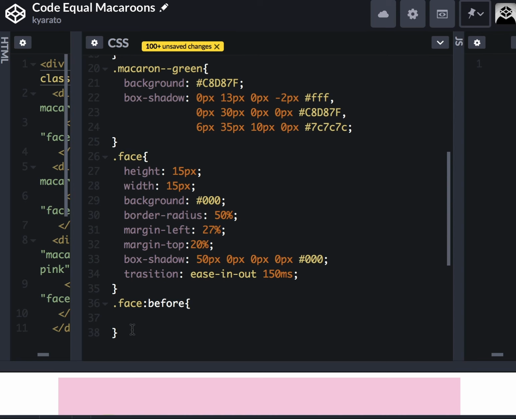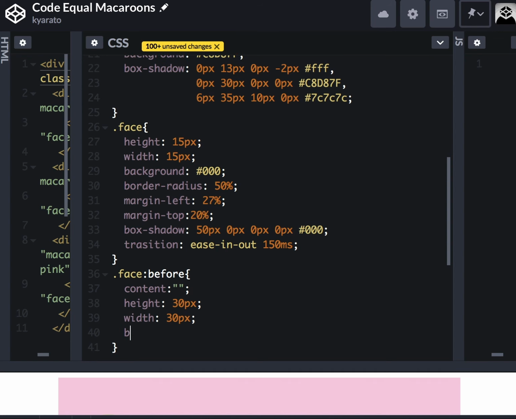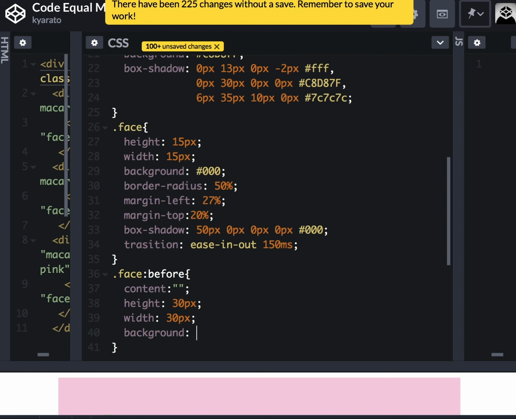Okay. Another thing is you want to make sure you have both of your curly brackets there, because that might give you an error, so when you go back, or if you see that there's anything wrong with your code, that might be why. Okay, so our height is going to be 30 pixels. Our width is going to be 30 pixels. And then our background color, we can make it